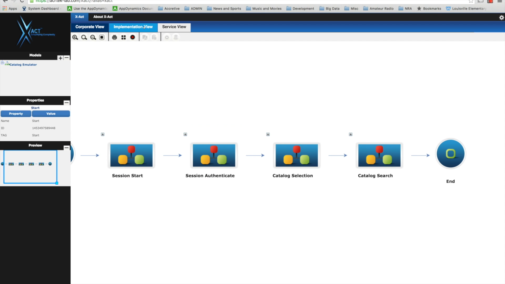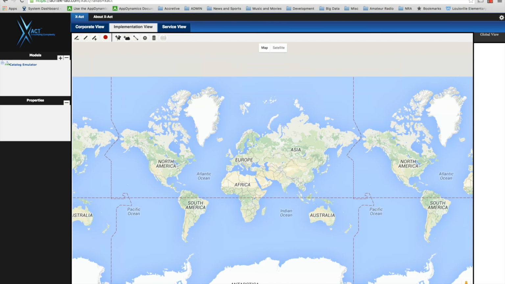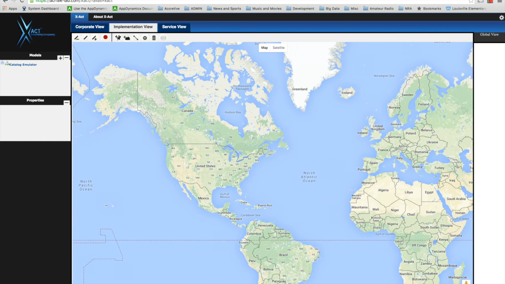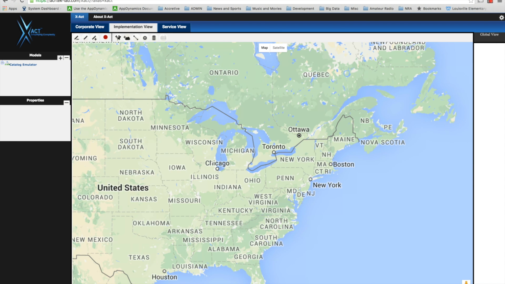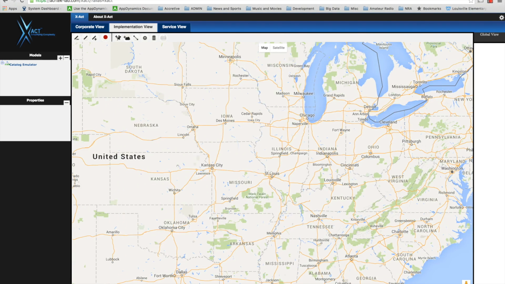So if we click on implementation view, we will find a Google map. And the Google map allows you to zoom in and set the geographical locations where you have your data centers and your users and such. So for the purposes of this model,